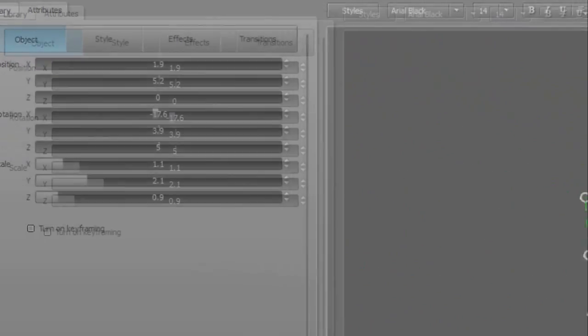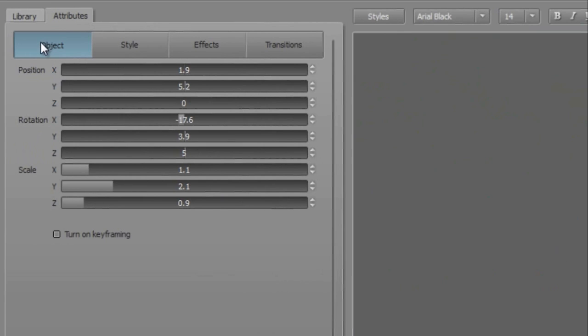To the left of the edit window is a tabbed area with two sections, Library and Attributes. The Attributes tab gives you a further 4 screens where you can adjust any or all of the parameters for your paragraph. Firstly, let's look at the Object tab. We've already seen how we can adjust the position, the rotation and scale by directly working on the paragraph in the Edit window. Well, here we can make fine adjustments to all of those parameters, either by double-clicking and entering a new value,